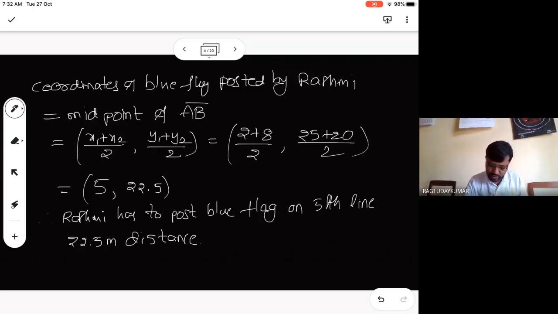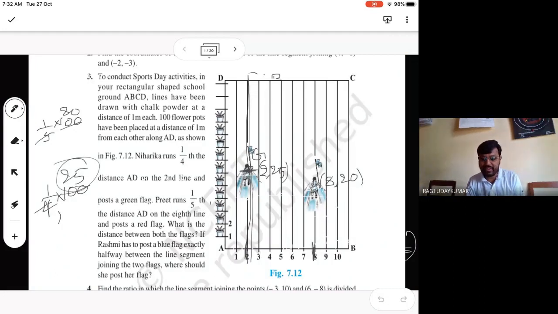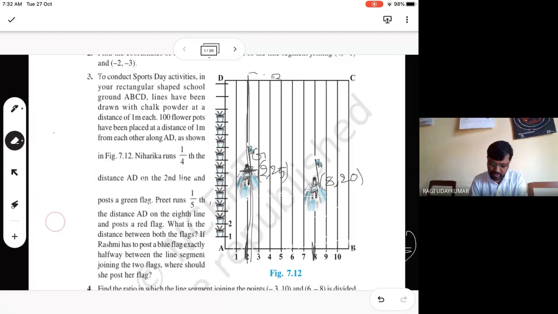Next, let us move to the next question here. Questions like these can have variations. You should be ready for the question being differentiated a little. Suppose some changes are made in the question, you should still be ready to answer the question properly. Okay.